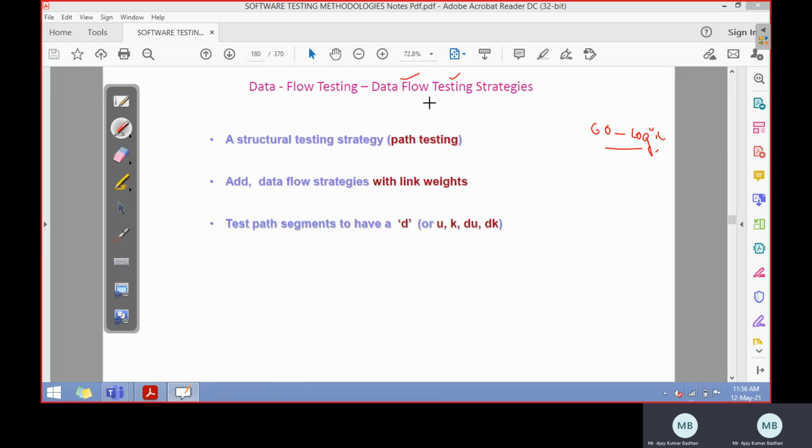But before doing that, remember that whatever data flow testing strategies we are going to discuss here are purely structural testing strategies.